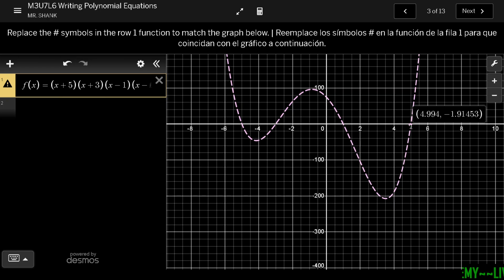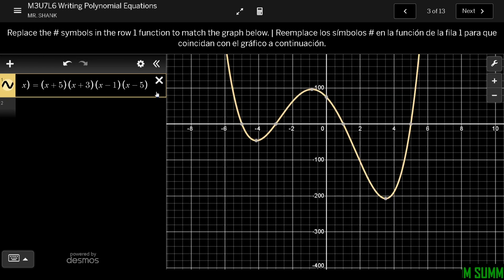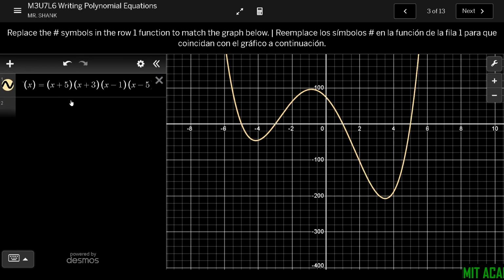So I'm going to scroll up a little bit, too far. I'm just dragging points on my curve, so I can say that point 5, 0 would match up with the x minus 5 in my equation. So notice how as soon as I graph it out, it goes through those points. So I can check and make sure the dashed line matches up with the